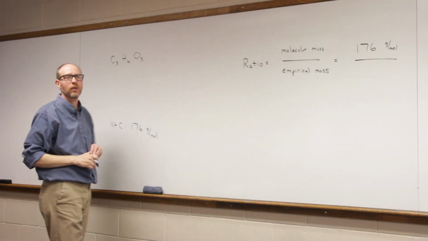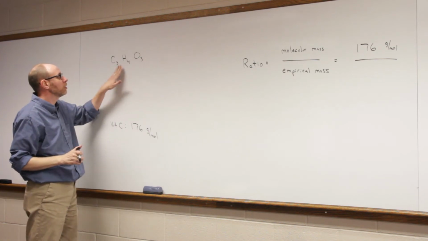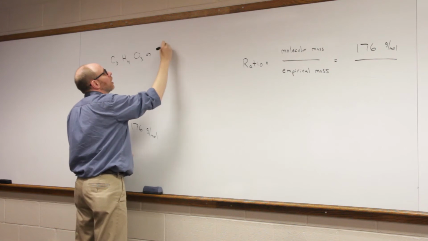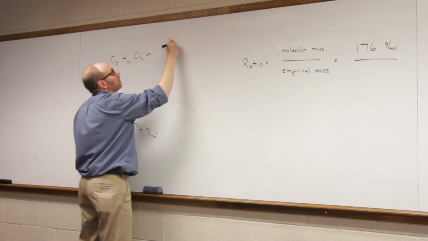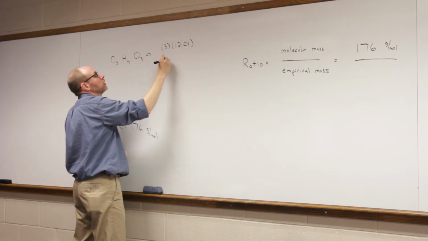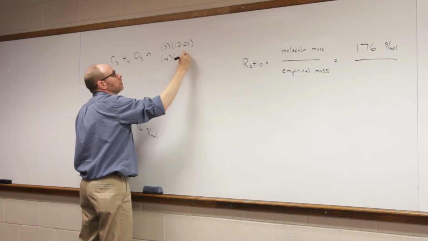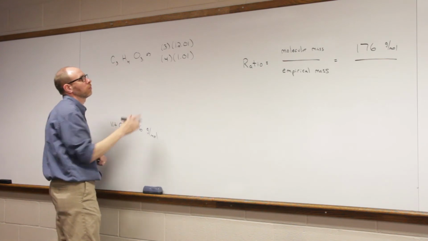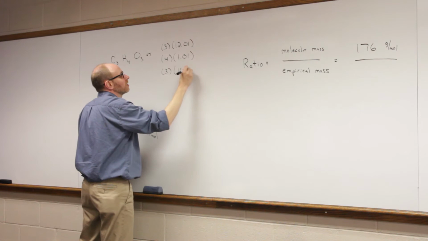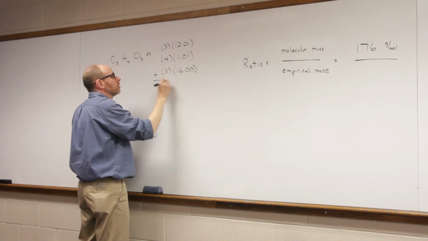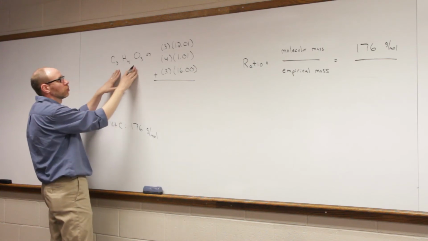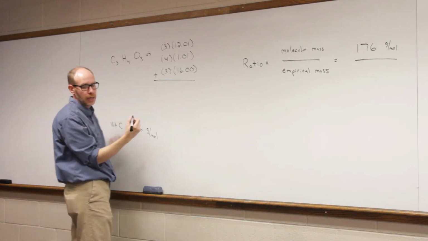What we want to know now is the empirical mass. So we need to determine the molar mass of the empirical formula. We're going to take 3 times the atomic mass of carbon, 12.01, and 4 times the atomic mass of hydrogen, which is 1.01, and 3 times the atomic mass of oxygen, which is 16. Add them all together, the same way we would do any other molar mass calculation, except we're doing it on the empirical formula now, and we end up with